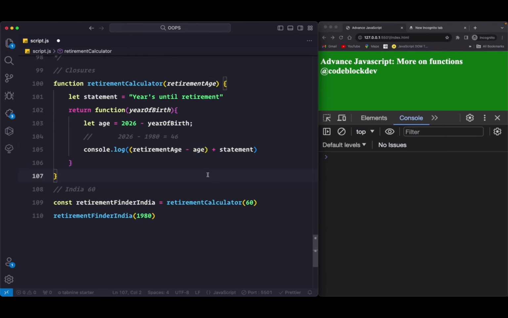Which means we have 14 years left until we get to retire. So if I save this, we will get 14 years until retirement. Let's have some space here so that it will look readable. So this is a very simple function that helps us to calculate how much time is left for us